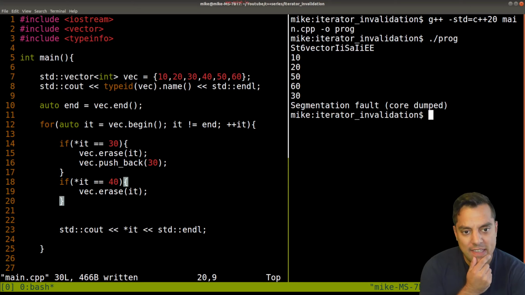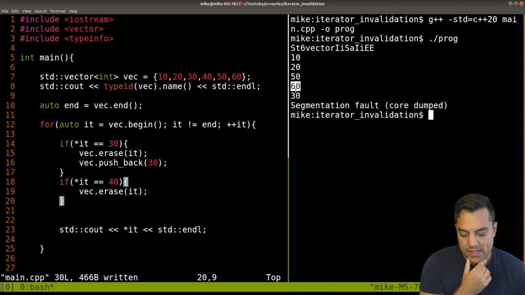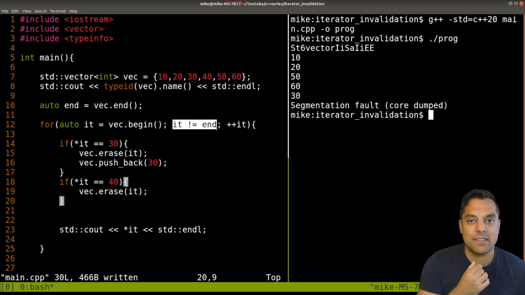So it looked like this was working here. And this is the tricky thing with iterator invalidation and why we just have to be careful when we change things. I knew if I played around with this, it was already broken. But the issue here is, I've got 10, 20, 50, 60, 30, and then I get a segmentation fault. Because I'm removing elements. We think the end is still available, meaning that we can just keep pushing back, but we're modifying the vector